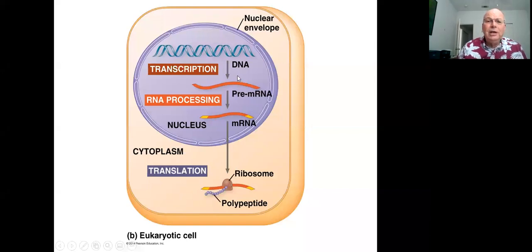Is the flow still DNA to RNA to protein? Yeah, it still is. But there's a couple of steps involved in terms of the editing steps or the processing steps that are going to take place involving the RNA before it represents a messenger RNA that can be translated by the ribosomes. So there's a little bit more complexity. But nonetheless, the flow still is DNA to RNA to protein.